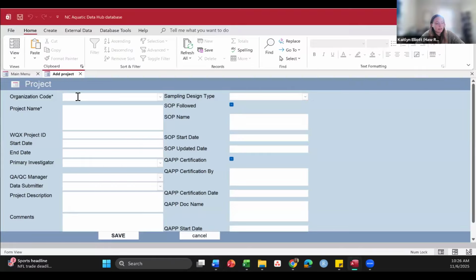So again, we have that organization code. And if you've already put in your organization information, it will already be right there in this drop down. So then, like I said, we're going to do ambient monitoring. And this is the one I was talking about where it says WQX project ID. Again, when you get signed up for WQX, you will be given one. But for the case of this, if you want to export your data, you're going to have to put something here to get started. So I'm going to call it HRA